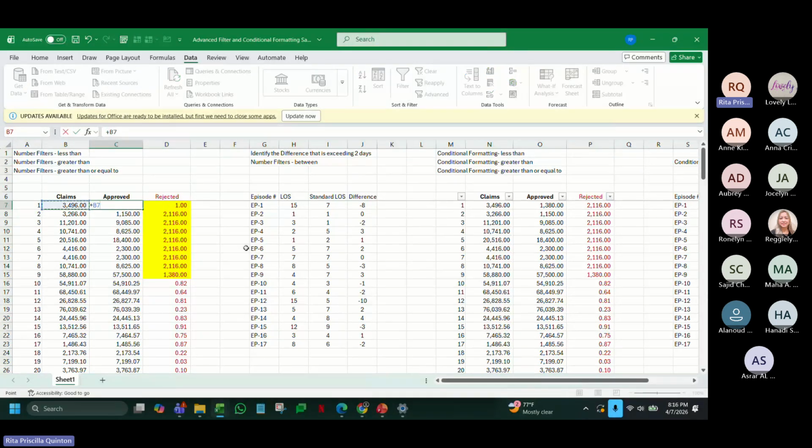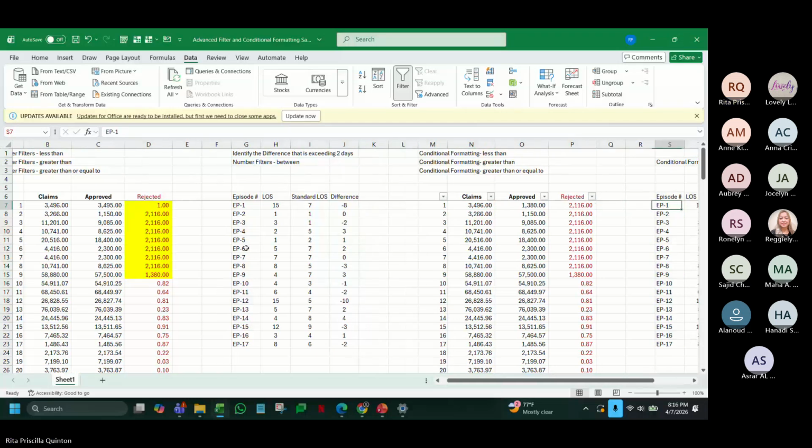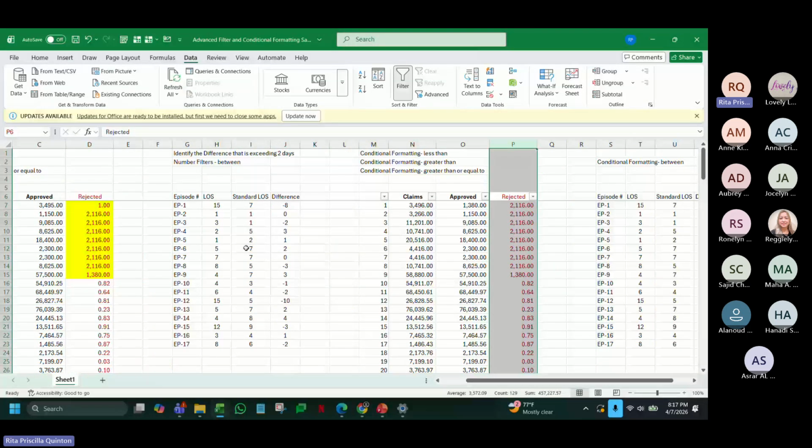For example, this one was only rejected for 1 real, so it will still be highlighted even if it's changed to 1. What conditional formatting does for us is it reflects on the whole column, and even if we change it, it will still apply the conditional formatting.